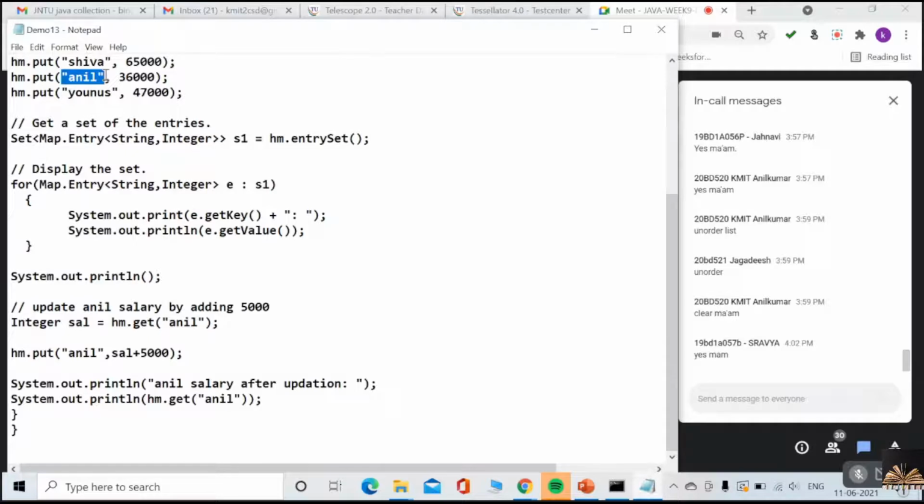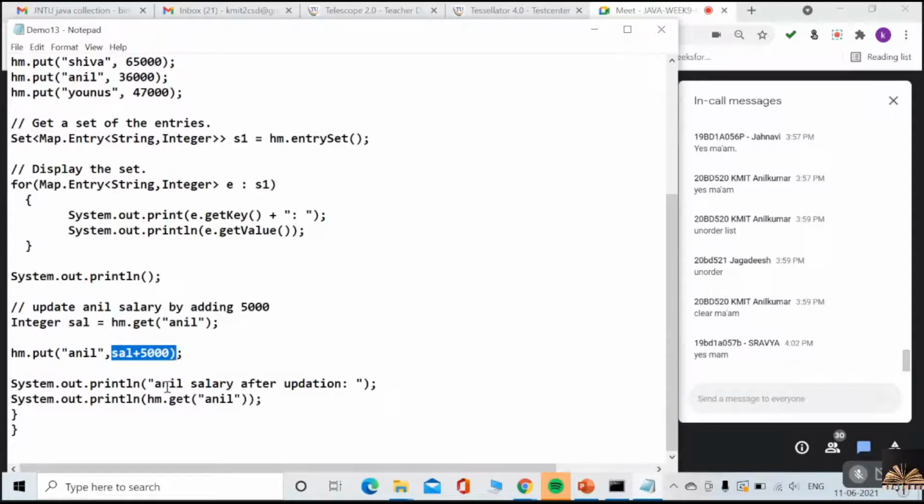But what happens is, if I use a duplicate key, the value is replaced. The old value is replaced with the new value.